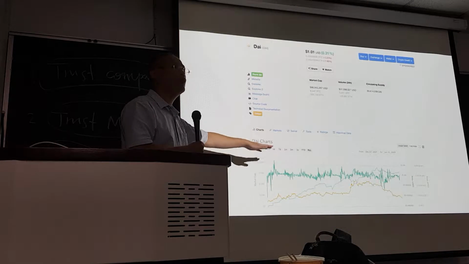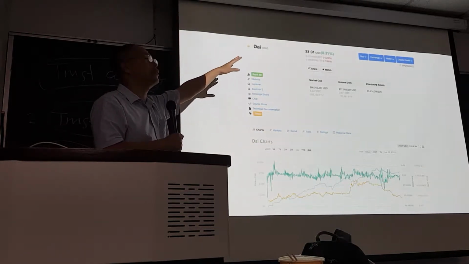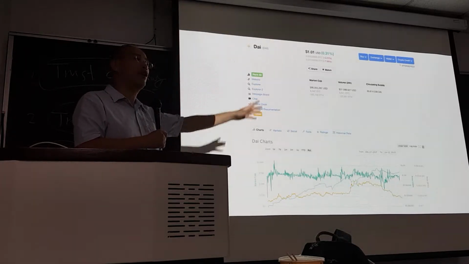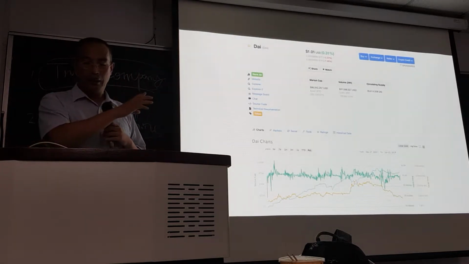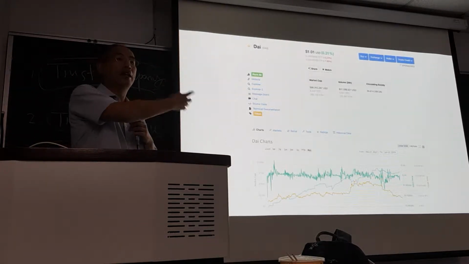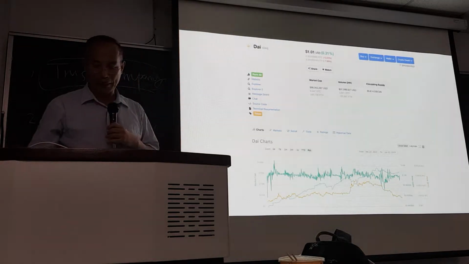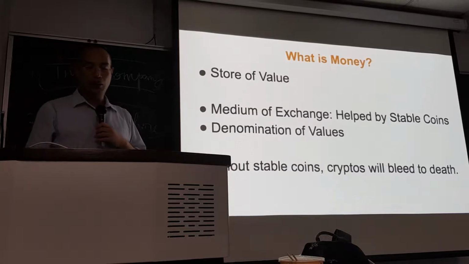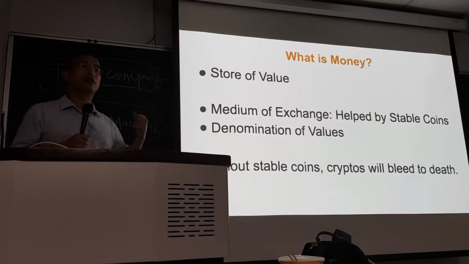But Dai also, although it's called stable coin, okay, Dai is called stable coin because it aims to be like one-to-one pegs on fiat currency. It still fluctuates 10%. That's why the stabilizing cost of this stable coin is about 10%. Also, it's volatile. So this slide, I'm trying to explain why stablecoin is important.